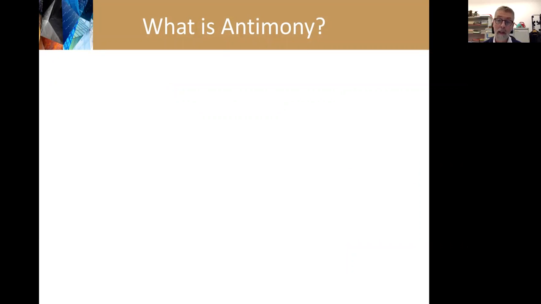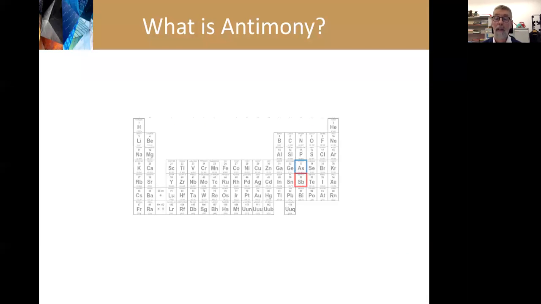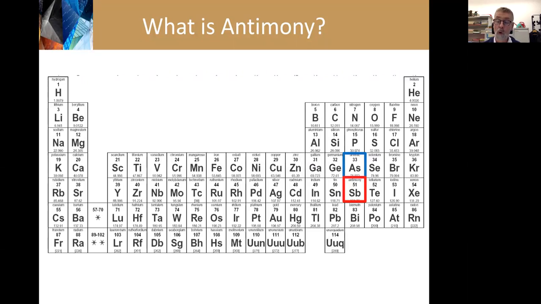As I said, antimony is not that long in the environmental agenda. It is an element that belongs to the group where we also find arsenic and phosphorus and nitrogen. And for a long time, it was thought that antimony is pretty similar in its environmental behavior to arsenic. But this is partially true, but not completely.